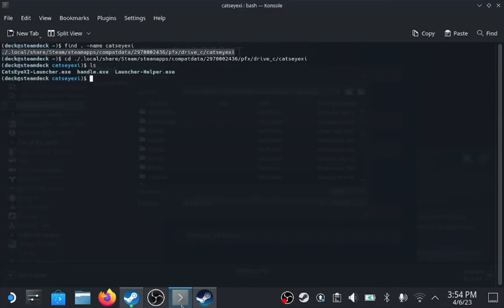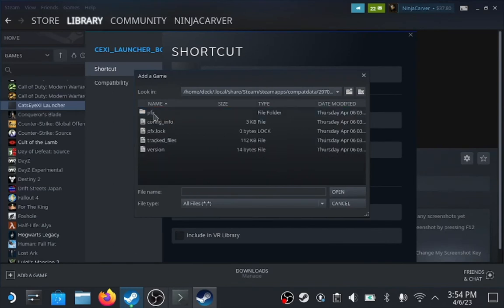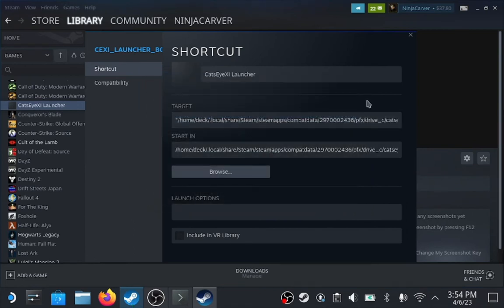Double check my path here. Okay, 297000 is what it starts with. There it is. CatsEye folder, and there's the launcher executable. I'll select that, close this out,